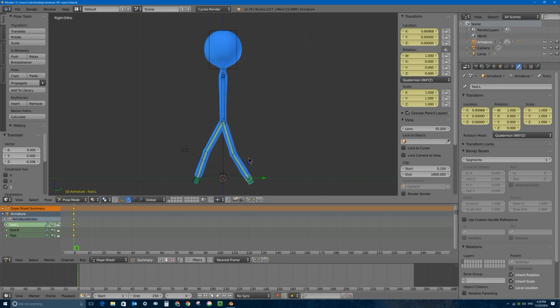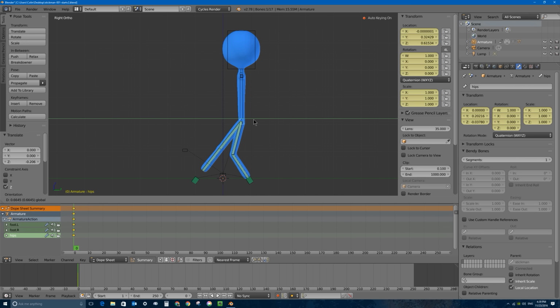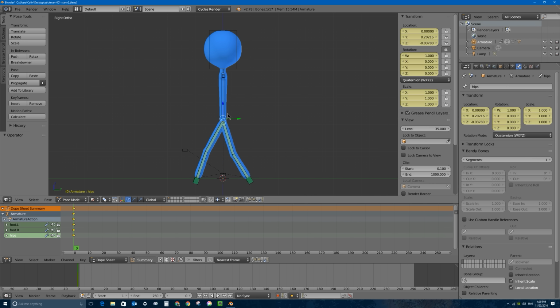I've got my first pose. I'm not moving this front and back. We're going to animate him just in one position, like he's on a treadmill. Great. I only have keyframes on the hips and the 2 feet bones for now. We'll add more later. I'll go 10 frames later, and I'm going to go to my next pose, which is